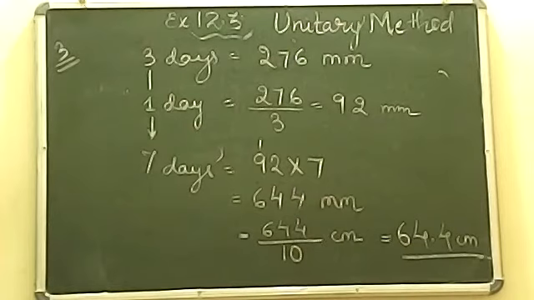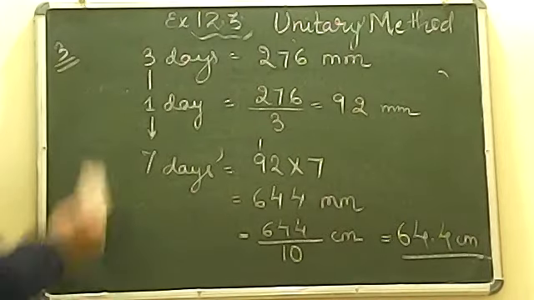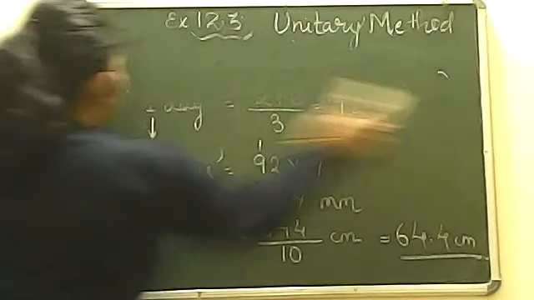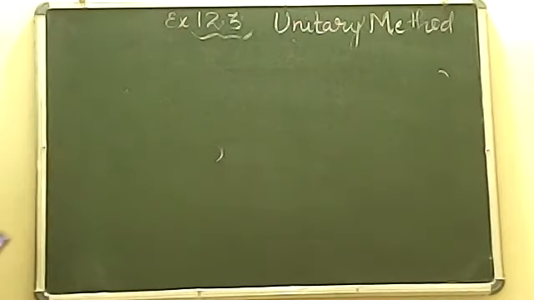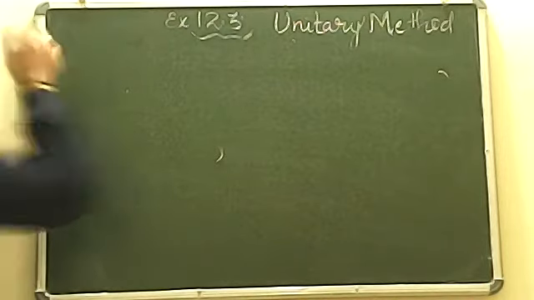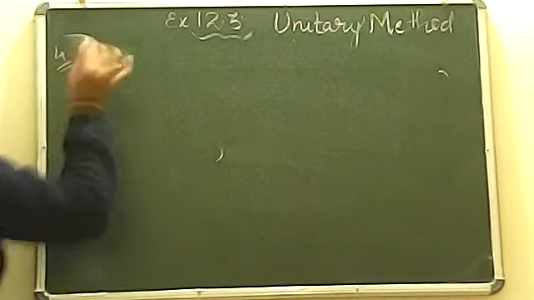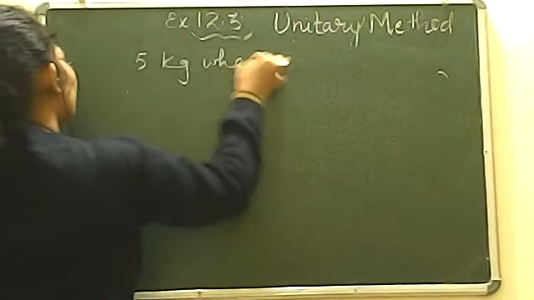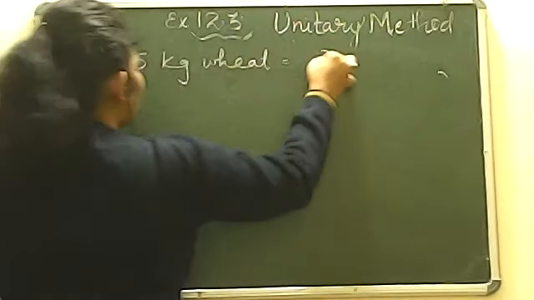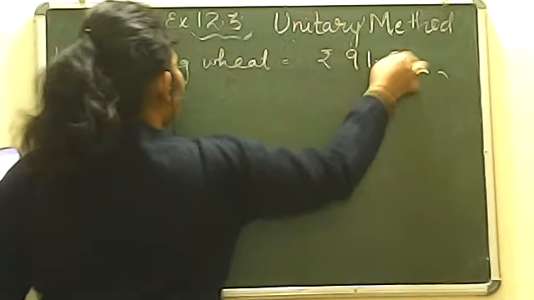Now question number 4. Question number 4 is telling you have been given the cost of 5 kg of wheat is rupees 91.50. And in this question, beta, this information is given and it is asking from us two questions. ठीक है, हमें यहाँ पर दो questions का reply करना है. सबसे पहले what is asking, let us write it down that what is given to you. 5 kg wheat, and this side we have the cost is rupees 91.50.